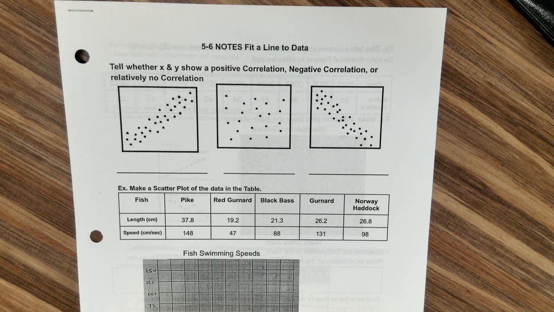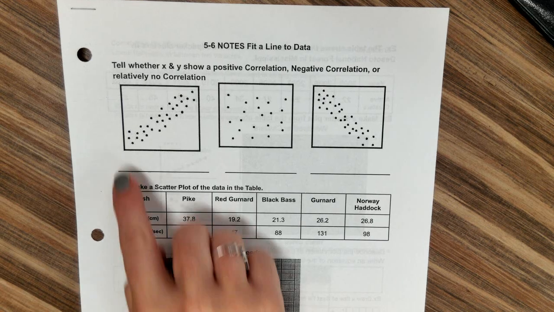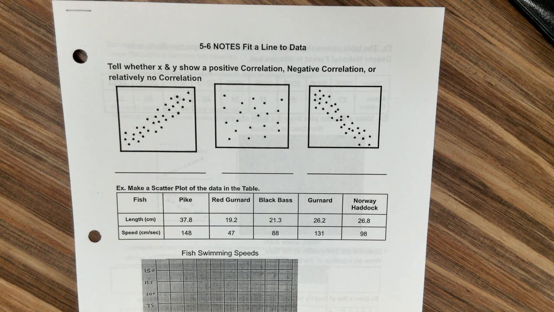What do y'all think? As it gets hotter, what's probably going to happen with snow cone sales? They're going to go up. So if I was a business owner that did snow cone sales, I would document my data and I would say, here's the high temperature Monday, and then I would put how many sales I had. Here's the high temperature Tuesday, and maybe do it over the whole year. And then I would graph it so that I could see if there's a relationship between temperature and snow cone